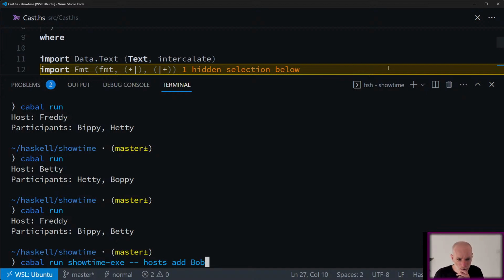It should take the people file and add Bob in with the prefix host. And then obviously you have hosts remove. Maybe as well we could have hosts show, and maybe something for participants. Okay, so that's what I'll look at today.